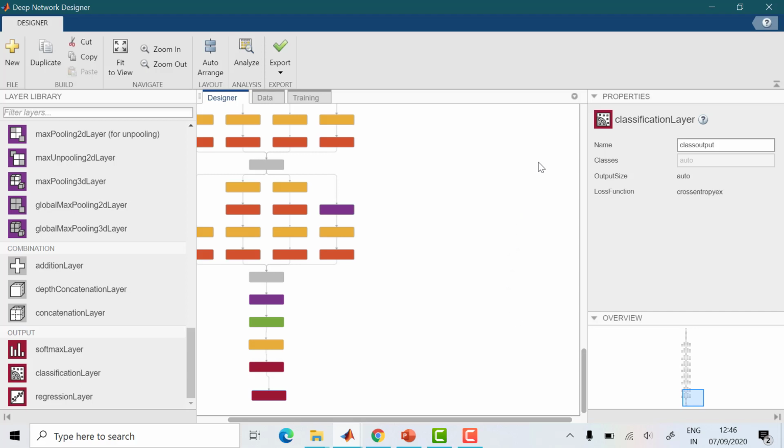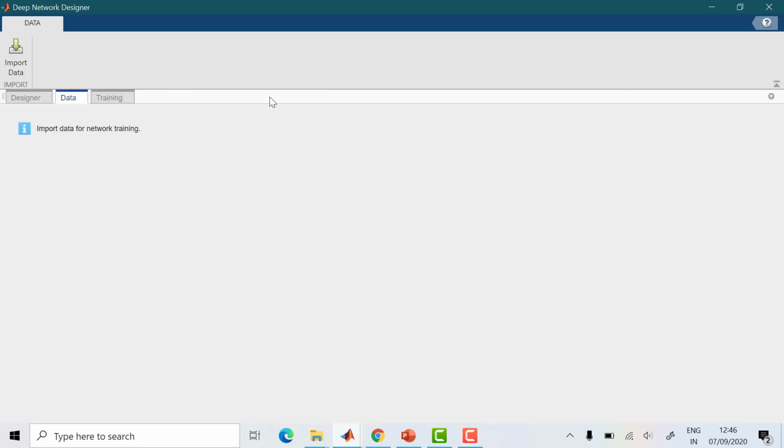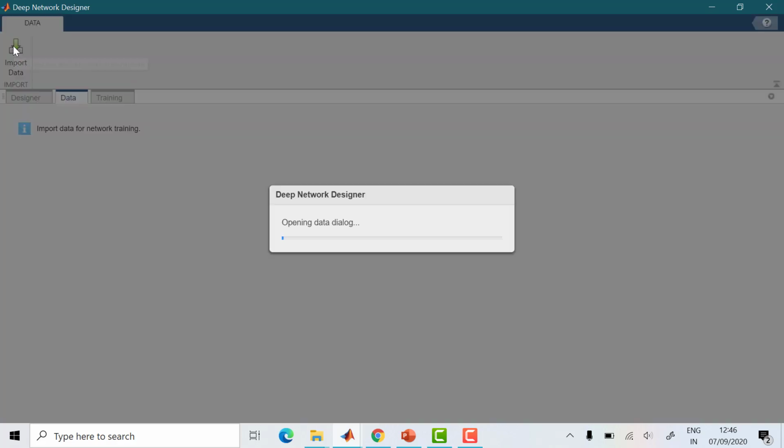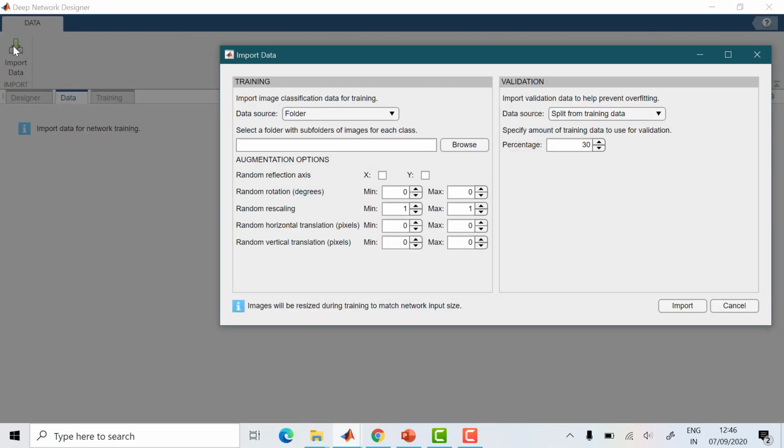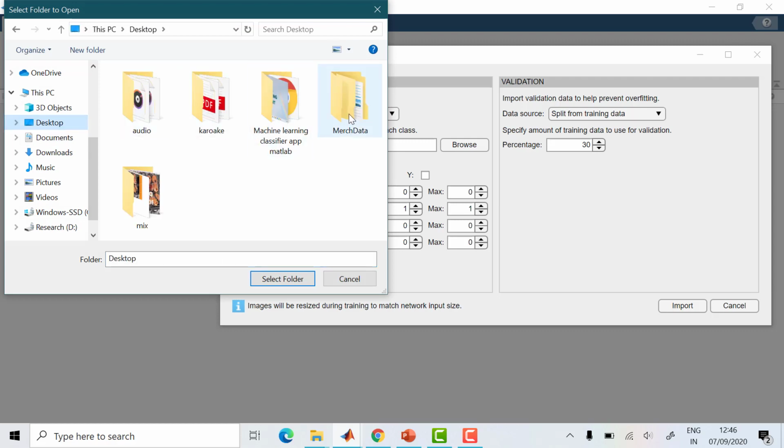Now after finishing this, what we have to do is analyze whether any error is there, because we are going to load the data and train. But before analyzing, let us go to the data. We have to import the data we are going to use for our testing. So here, for input data, you have to browse where it is. We have stored it on the desktop, right? Merck data.